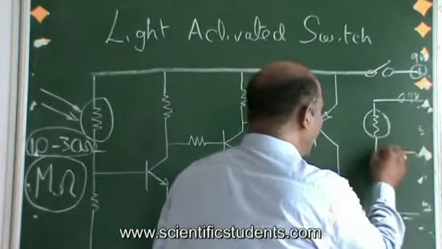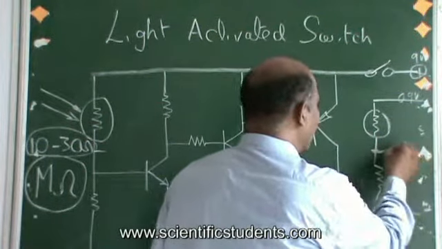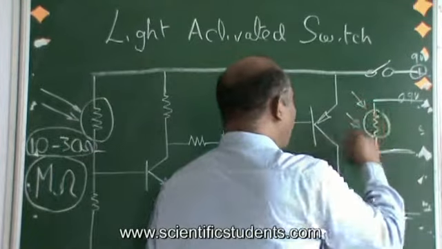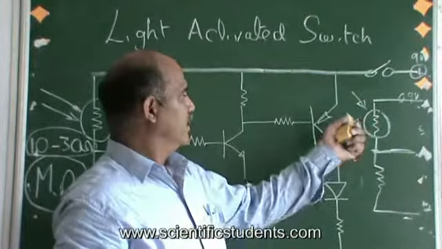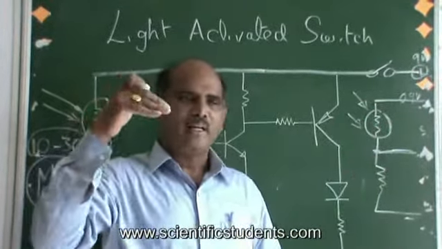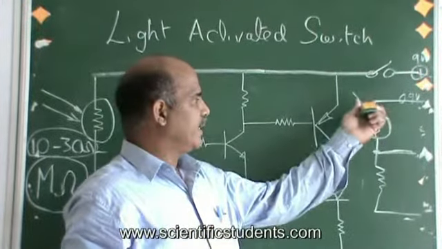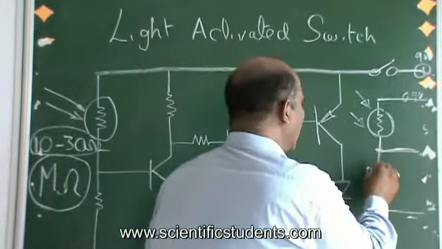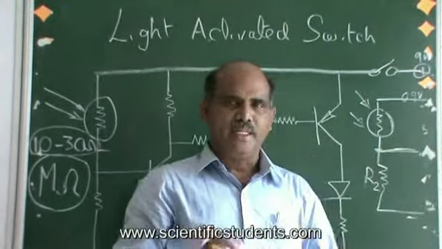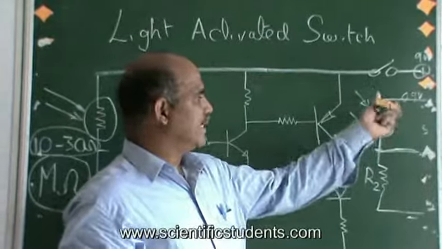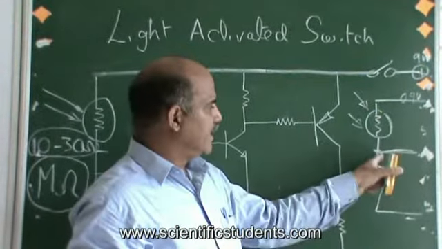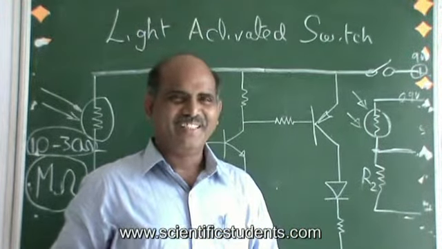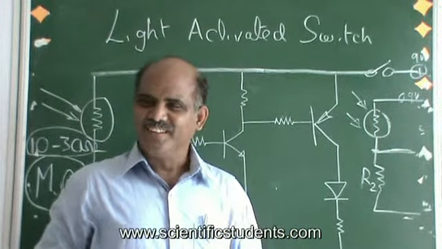The voltage on this line depends upon the light rays falling on it, the light intensity, because the resistance in the LDR is changing with the falling light intensity. This R2 is fixed. I am not going to change it. Then automatically, because the resistance inside the LDR is changing, the voltage at this point is changing. Happy, yes or no? So interesting, no?